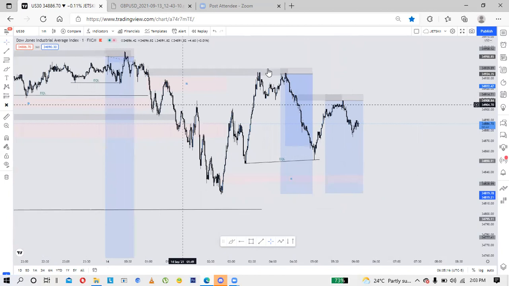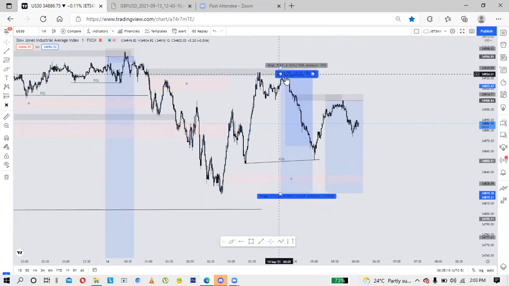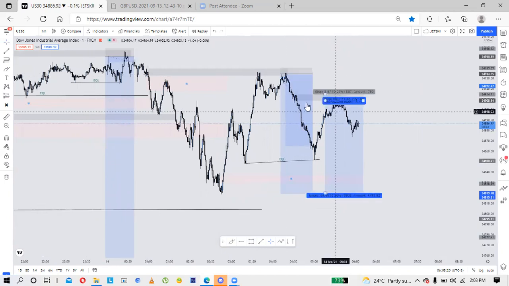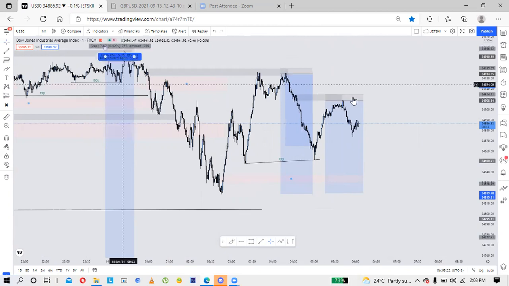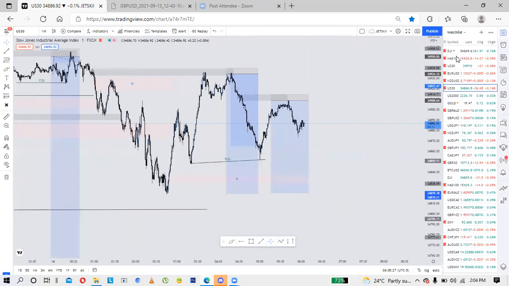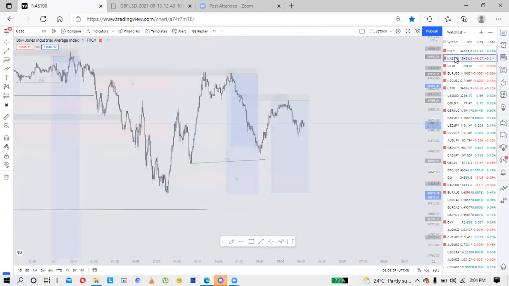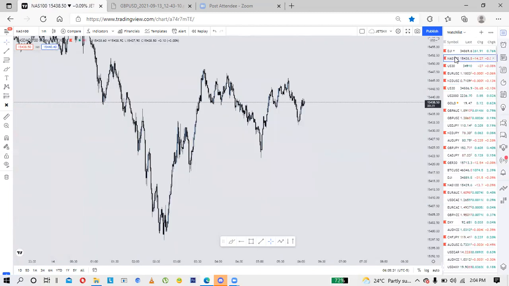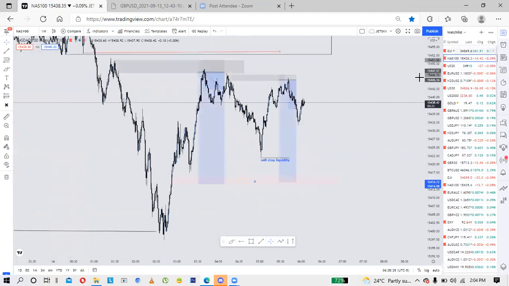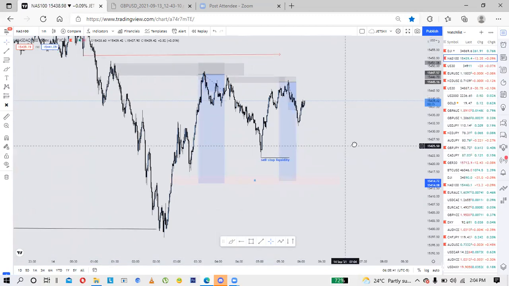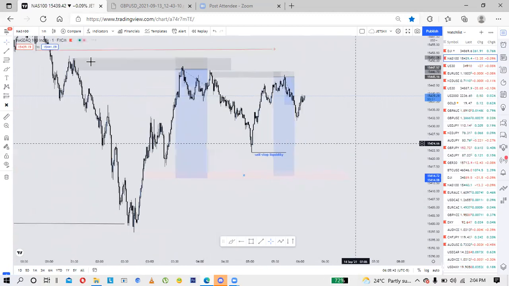But here I'm out. I'm still holding this and only this one. There I'm out. I'm only holding this one and this one. And again, I have NASDAQ. I think I have similar, I think my setups are almost similar. Let's check. Yeah, I think I have a similar setup. So again, the zone,